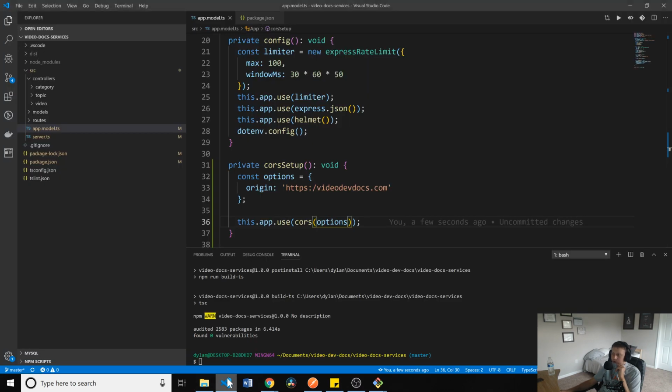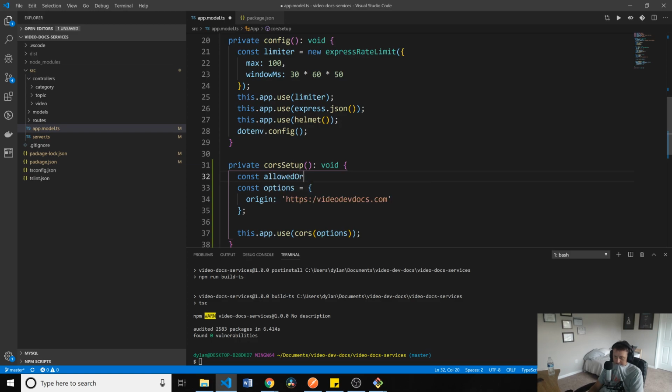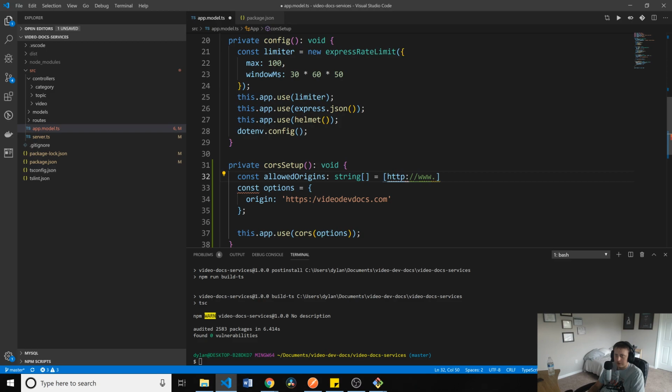Okay, so we're going to make it a little bit more verbose. This is a string array, and these are just going to be our URLs. So for one, we'll have http://